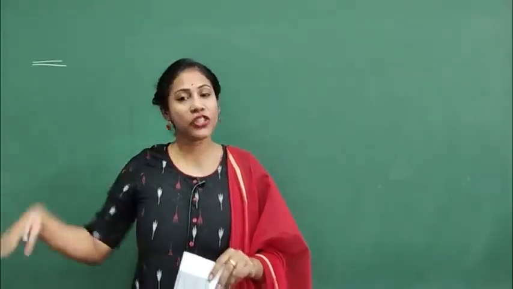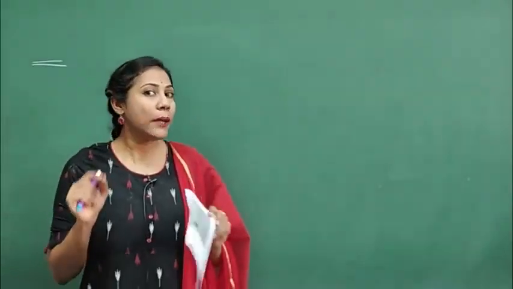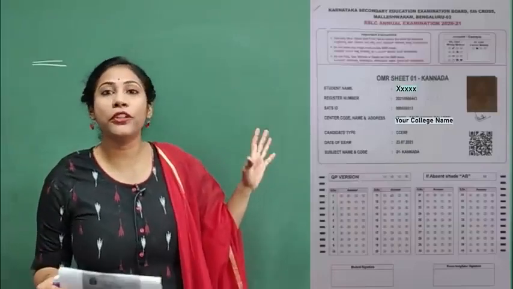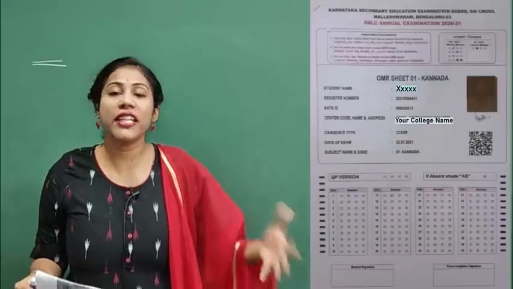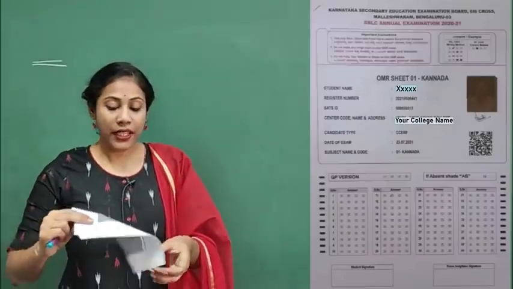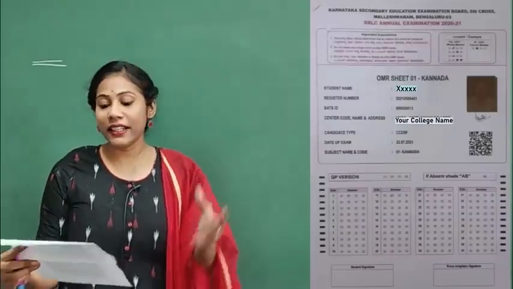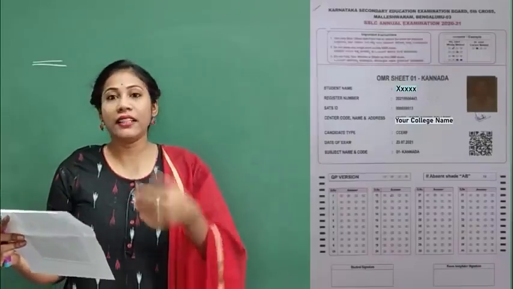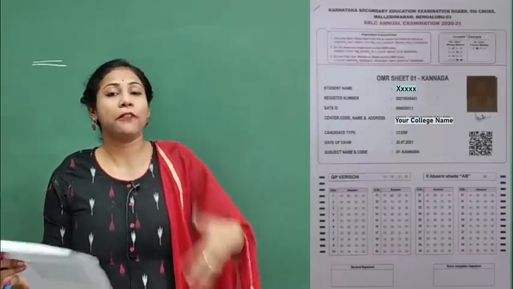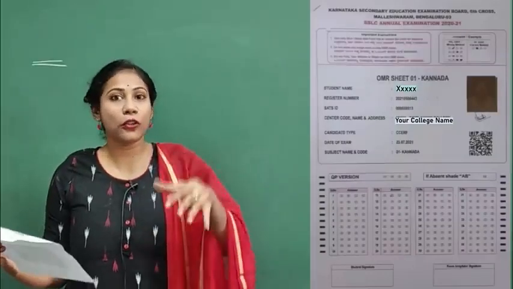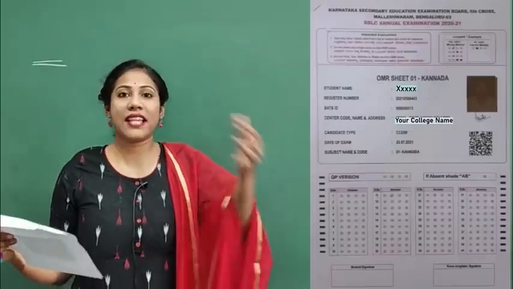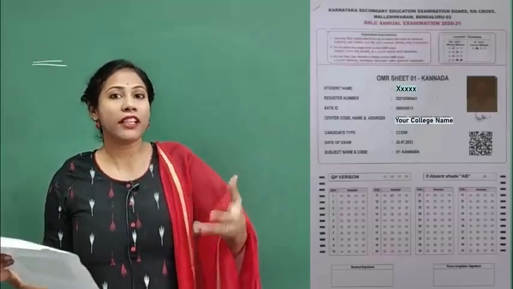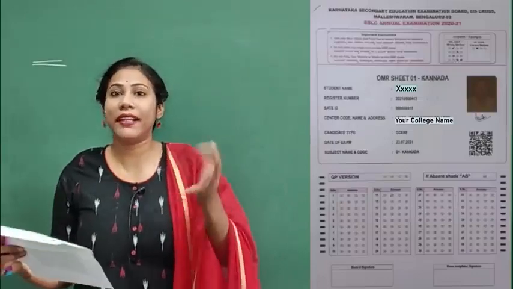And you know what? For each subject, they will provide you one OMR sheet. You can see the OMR sheet which is displayed on the board for you. This is how the OMR sheet looks like. If you see the sheet properly, you can clearly see the first thing they have mentioned is the subject. See, OMR sheet 1 Kannada they have mentioned. I mean, for every subject, for maths they'll give you an OMR sheet which includes the 40 questions, and for science one OMR sheet, and for social one OMR sheet, right? So for every 40 questions, one OMR sheet will be provided for you.